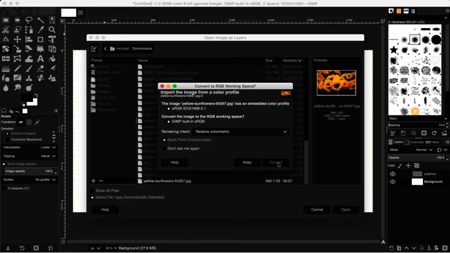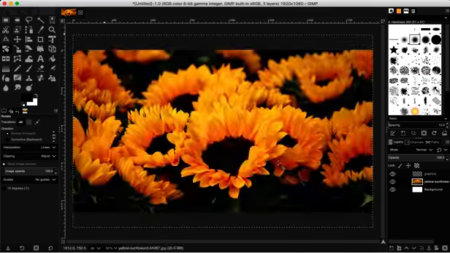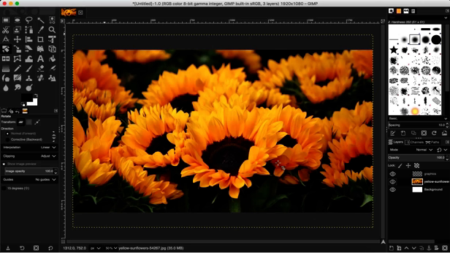We have to convert the color to sRGB. Go ahead and just hit convert. You don't have to worry about what that is. It's just something that GIMP does to translate the image from its color mode to something that it can work with. So now if you look on the right hand side, we have the sunflowers, we have a graphics layer,